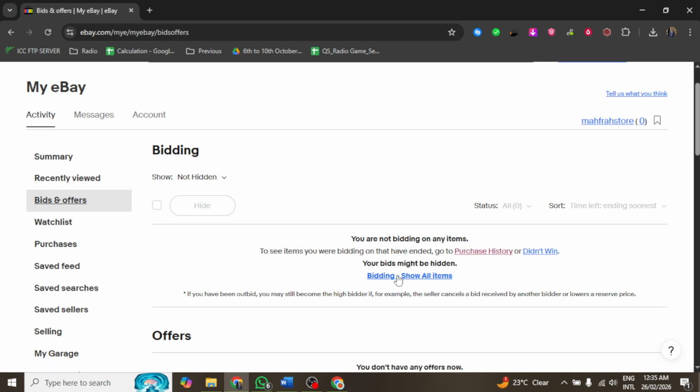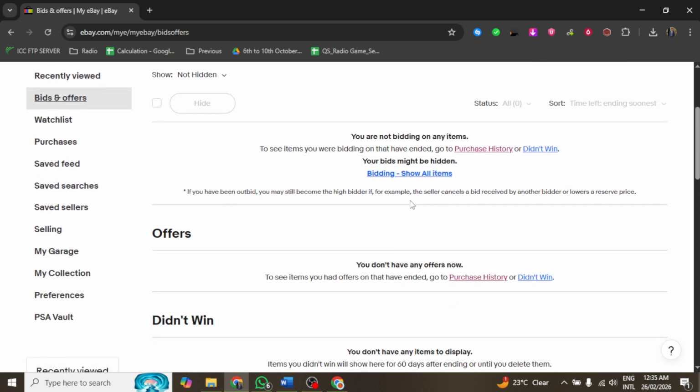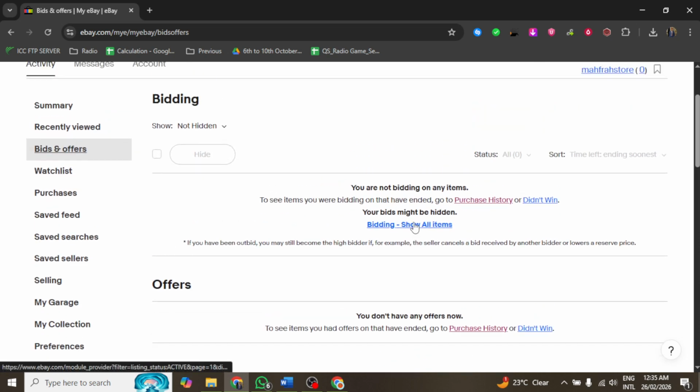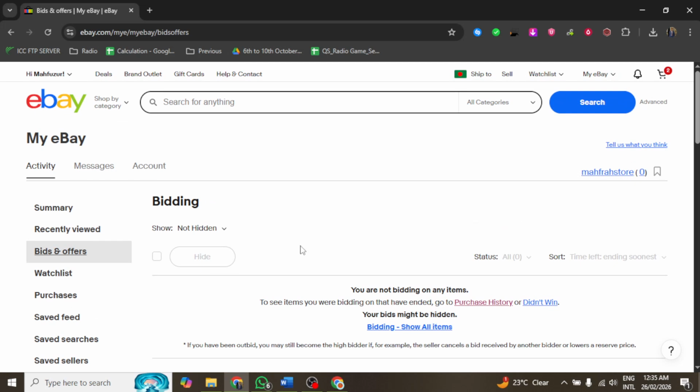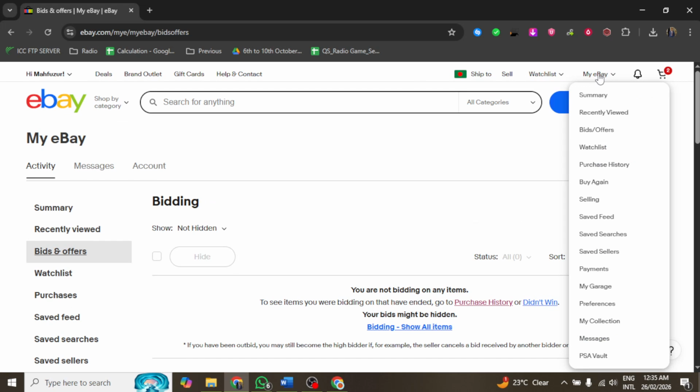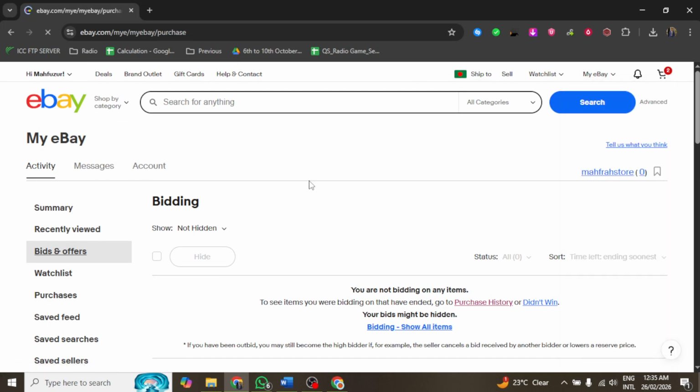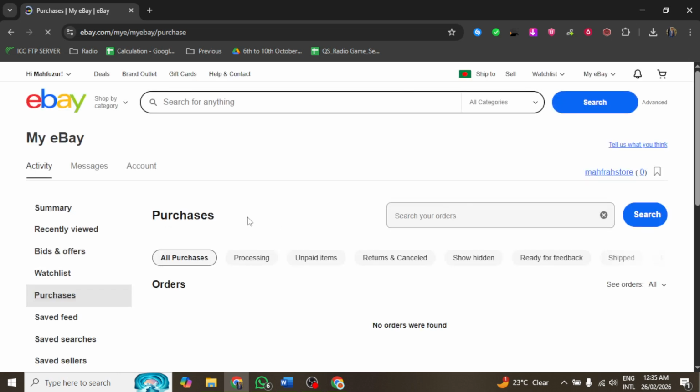Be sure to review all the information you have entered to confirm its accuracy before moving forward. Once you have double-checked the details, click the Submit button to complete your bid cancellation request. This action will remove the bid from your auction listing, and the bidder will no longer be able to participate